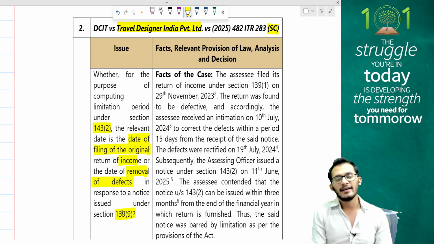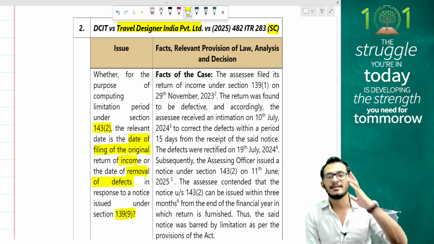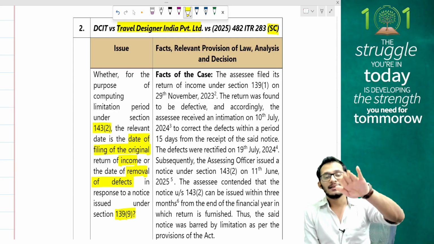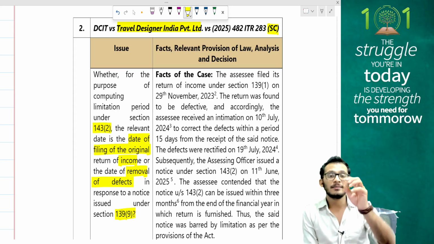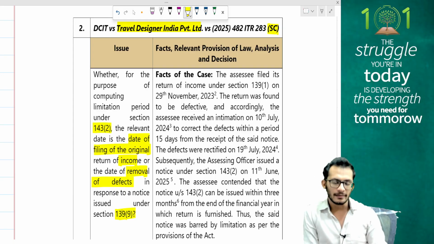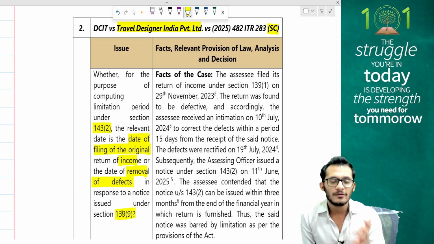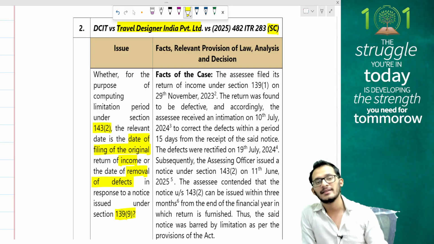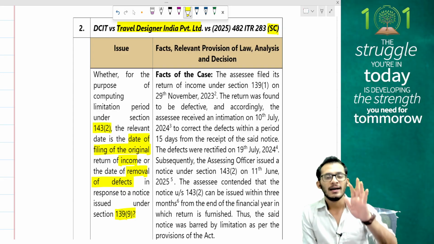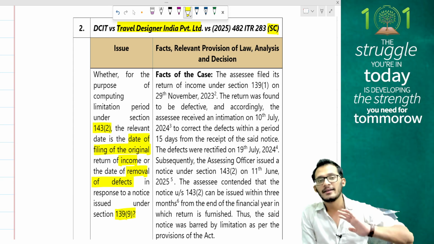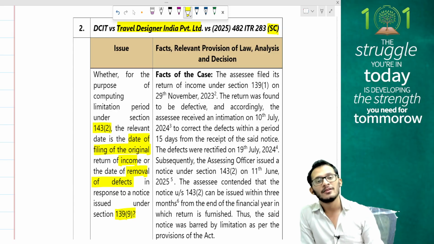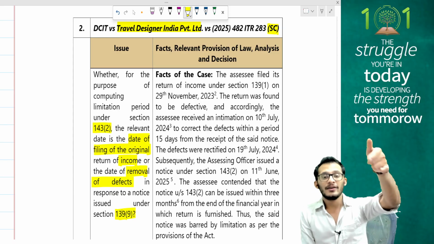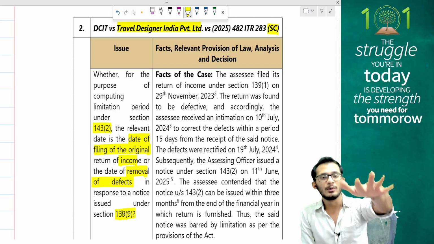However, here is a case where the assessing officer unfortunately missed the timelines. But he realized that the assessee had filed something called a defective return. There were some mistakes in the return which he wanted the assessee to rectify. Therefore, at a later stage, the assessing officer issued a notice for defective return, saying that the assessee has not filed his return properly and has to correct the defects. The assessee, being compliant in all aspects, filed the defective return response as well and made his return valid. At this stage, the assessing officer came and said, because you have now filed a defective return response, it is as if you have filed a new return right now.